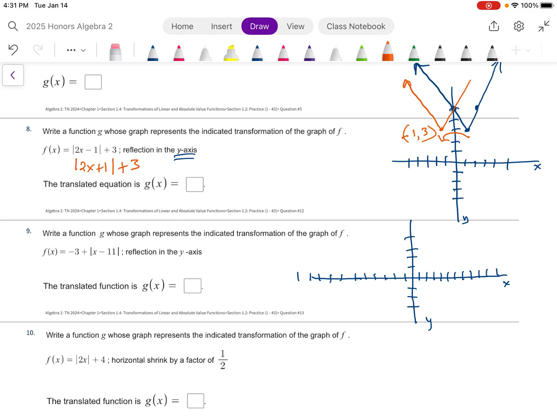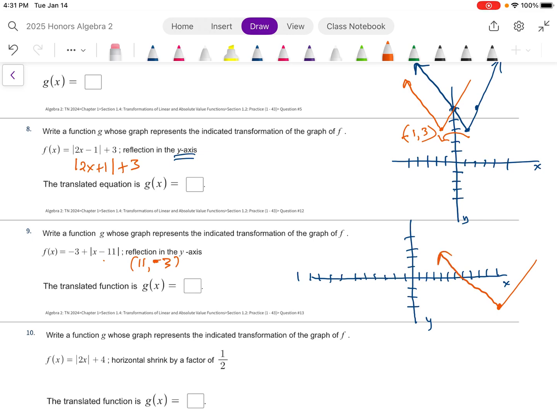On number 9, we're going to do it the same way. Let's go ahead and graph it. So when you go to graph it on the calculator, it's going to be graphed at positive 11, negative 3 for a vertex. So I go over positive 11, down 3. There's where the point is. It's got a slope of 1, so it's going to be a nice normal V